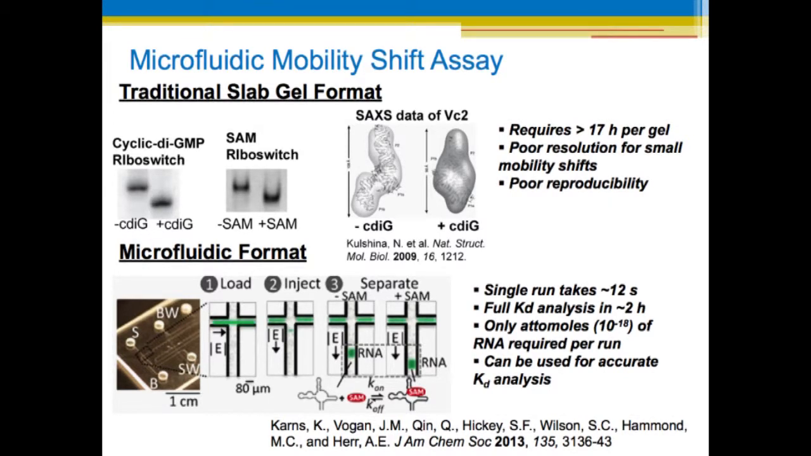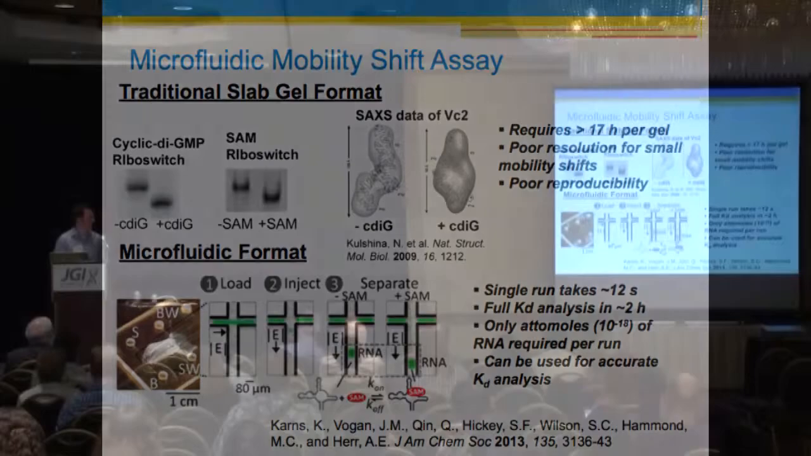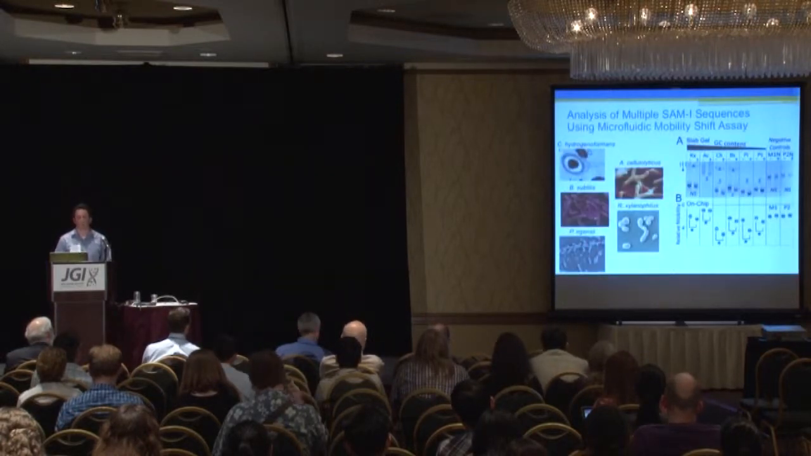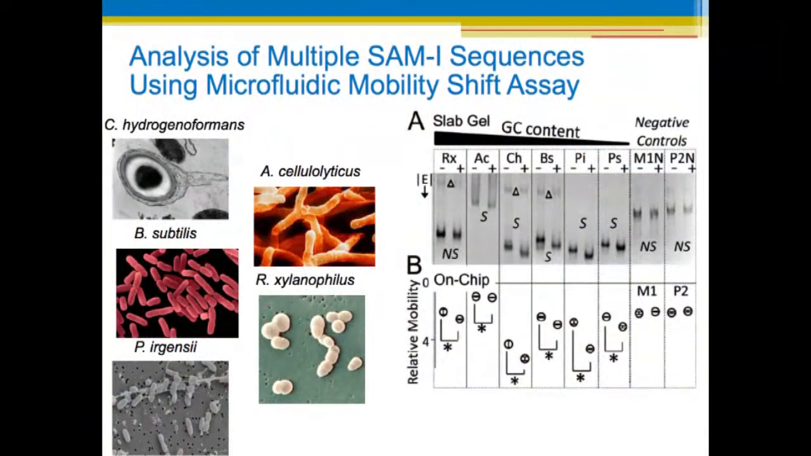And this is a pretty impressive assay because we can run these mobility shifts in 12 seconds per run, and it only requires attomolar amounts of RNA per lane. And so this is a pretty nice assay for doing these types of screens. It's very quick. And we've actually taken it forward and done just a preliminary low throughput screen of different SAM1